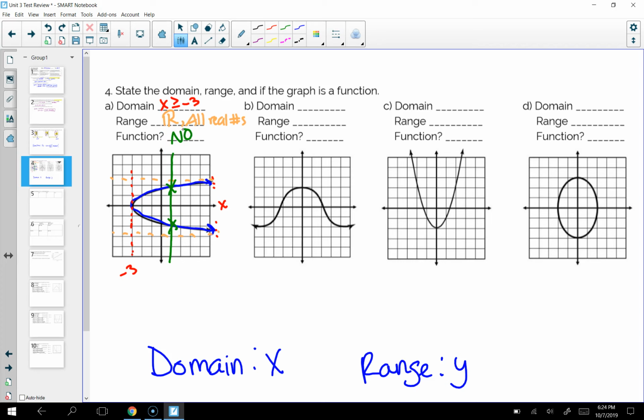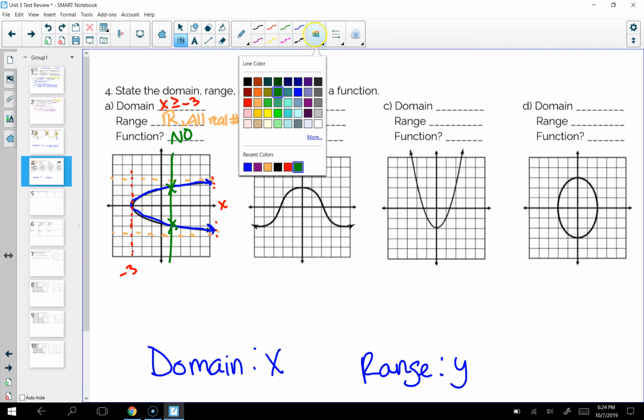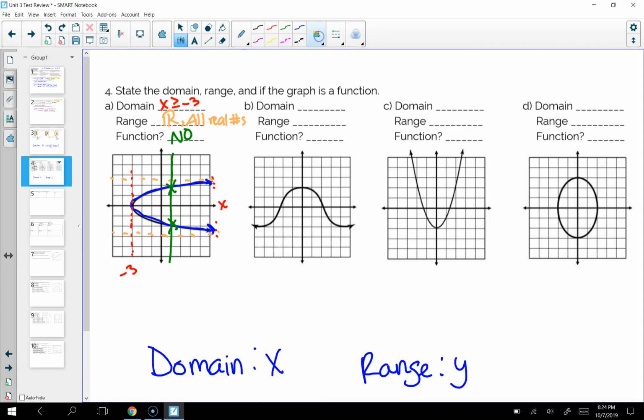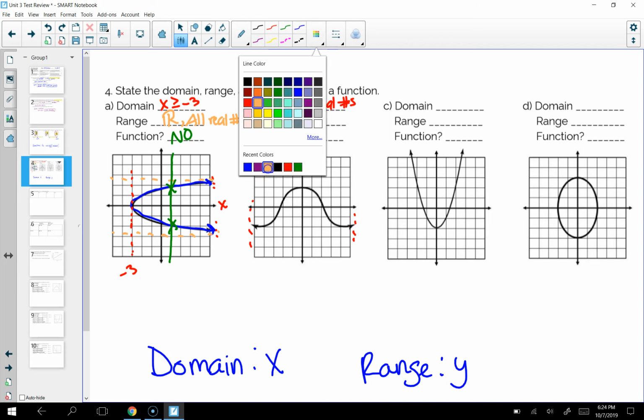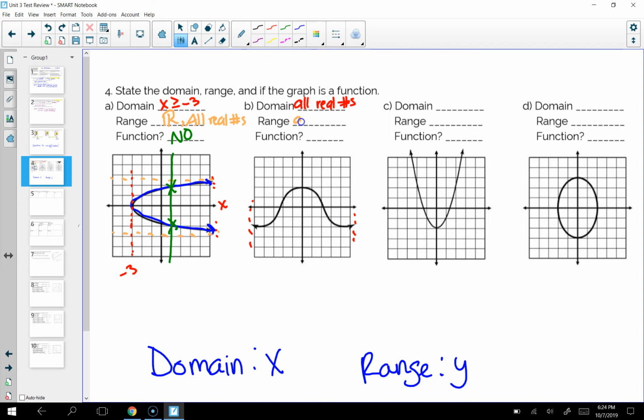Alright, part B. What is the domain? Alright, so we're looking at x's again. So we're looking at the ends here. They have arrows pointing both directions, which means my domain is going to be all real numbers. It also means that my range is going to be all real numbers. So when you have an arrow on both sides like that,